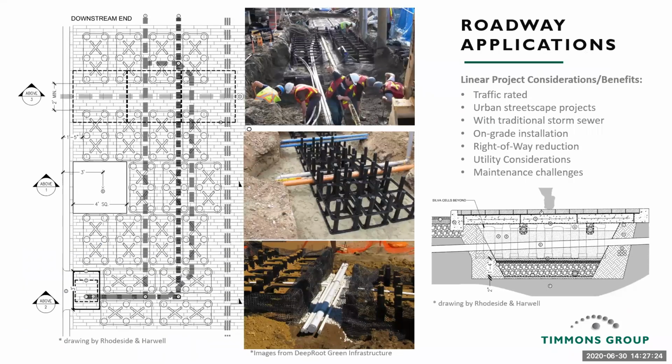So typical roadway applications for this, obviously, speaking towards urban streetscape projects, it's important to be traffic rated. They are H20 loaded and can receive traffic loads. My recommendation is to use it more in a sidewalk application where the traffic load may be occasional only, but ideal for locations where there's constrained right-of-way, densely compacted soil, as I mentioned, and where you're looking for an opportunity to promote tree health and longevity as part of your streetscape projects.